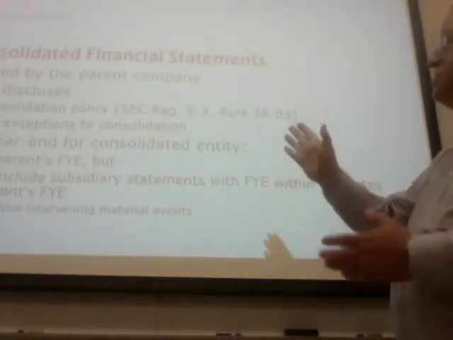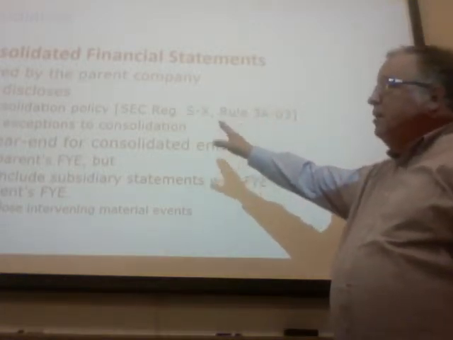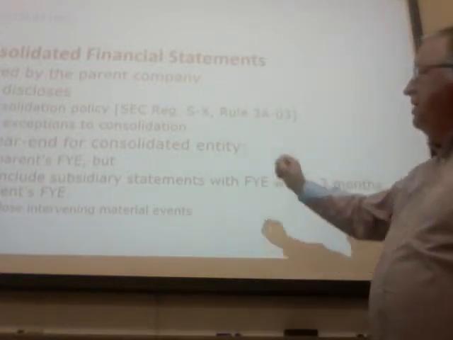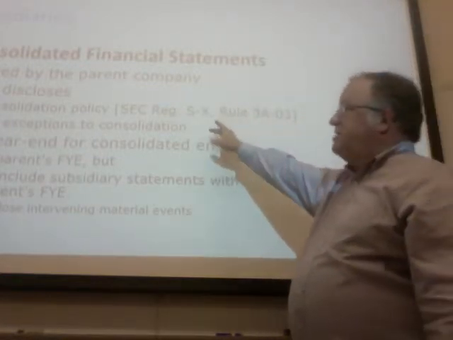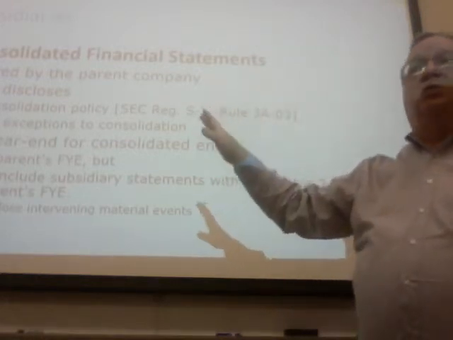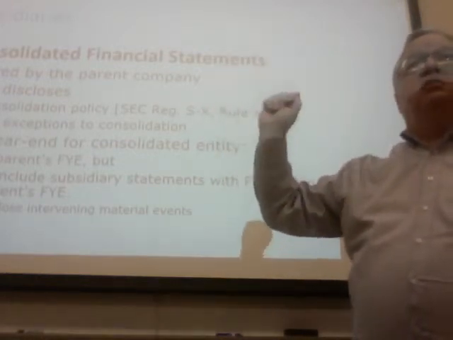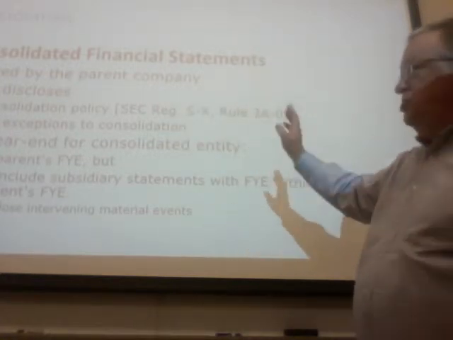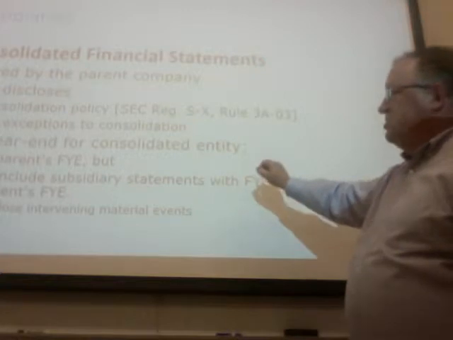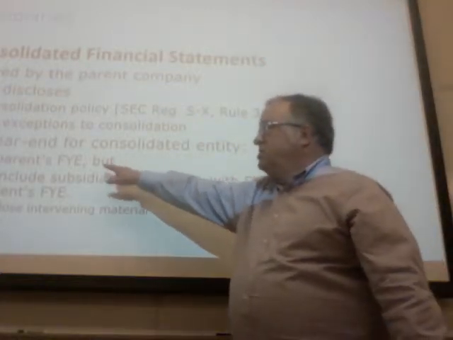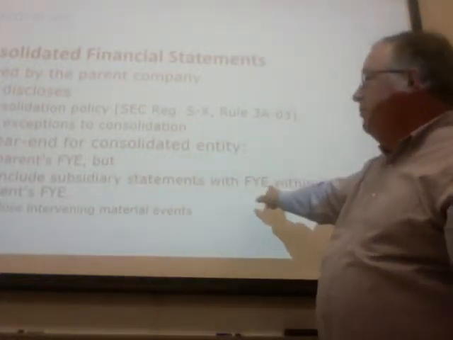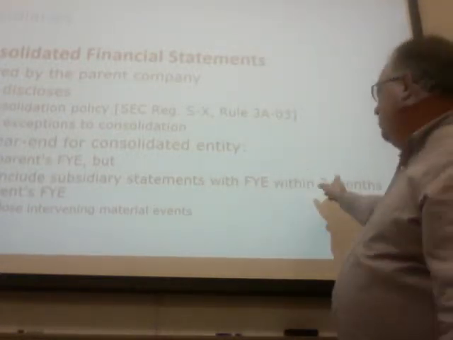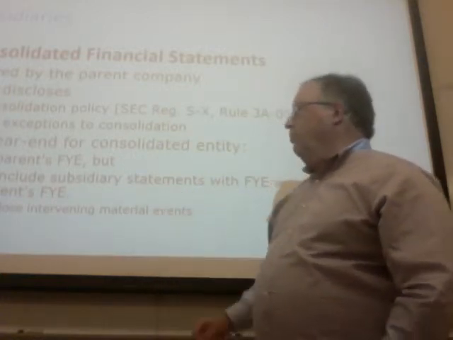Okay, consolidated financial statements prepared by the parent company. The parent discloses their consolidation policy. There's an SEC regulation, Regulation S-X, on that. Any exceptions to consolidation, they disclose, such as we're not consolidating this subsidiary because we don't have control, because it's subject to substantial control by a foreign jurisdiction, etc. The fiscal year end for the consolidated entity will use the parent's fiscal year end, FYE, but may include subsidiary statements with a fiscal year ending within 3 months of the parent's fiscal year end,